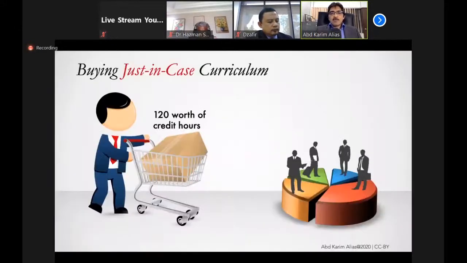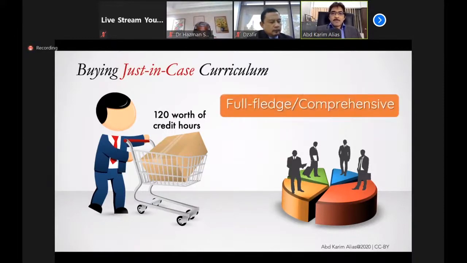So when we look at the current situation, when the students enroll through the UPU system, they enroll in the formal academic program. They will stay in the system for 4 years, and this is what I call the full-fledged or comprehensive academic program, 4 years, 8 semesters.